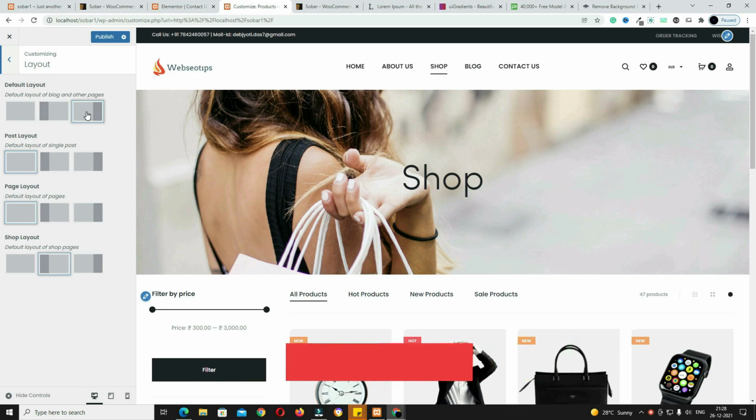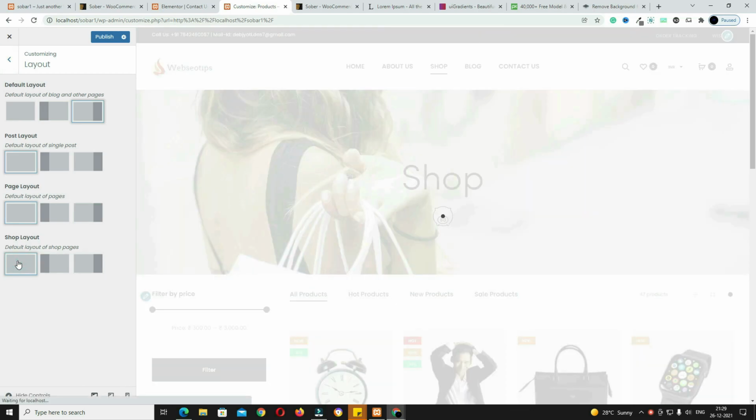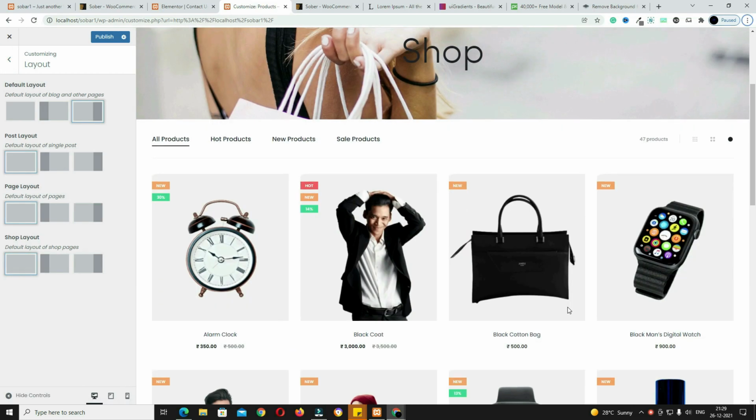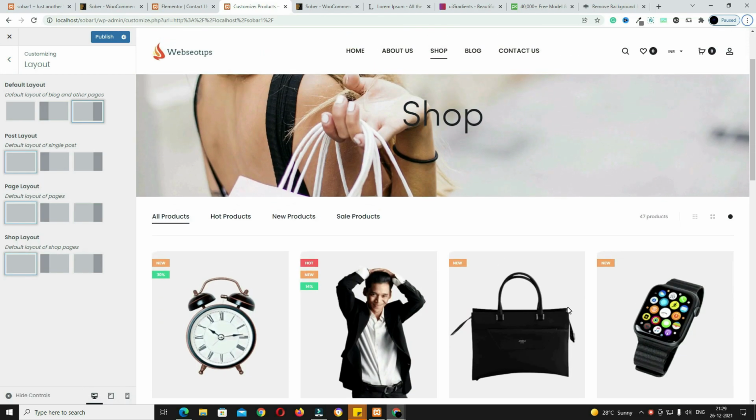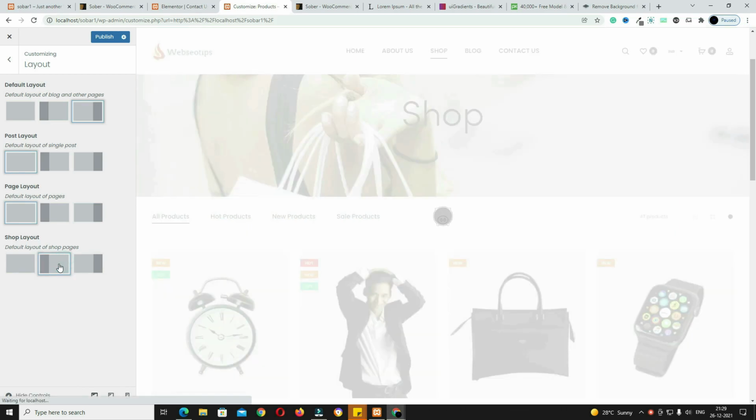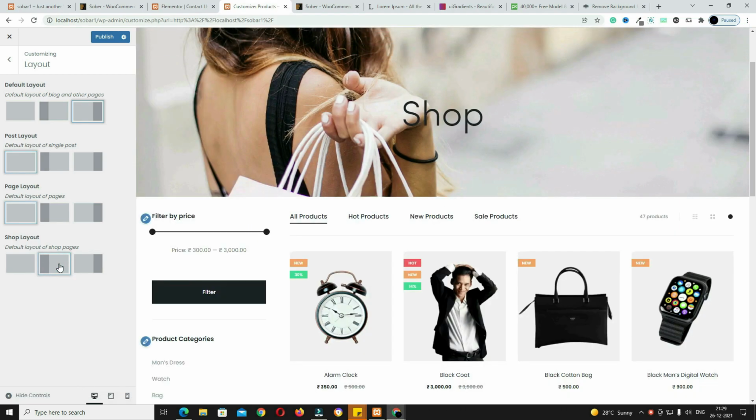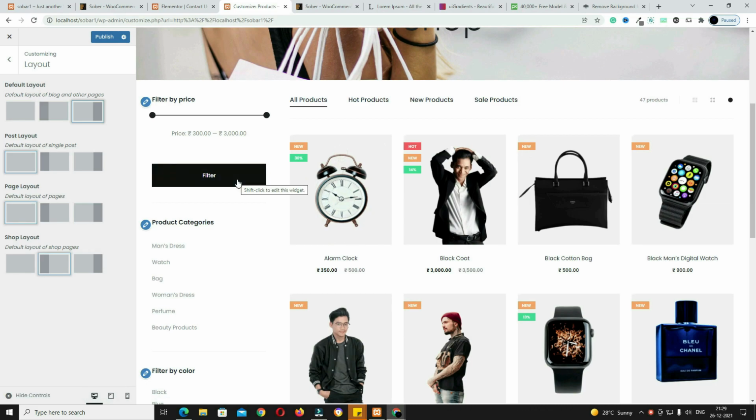This theme also contains various kinds of page layout options. This theme contains 3 types of default page layout. After that the post page layout, you can change the post page layout also. After that the normal page layout, after that the sub page layout. Suppose in place of that I am choosing this full width sub page layout. Now here you can see in my sub page there is no sidebar available. If I click on this one, meaning left sidebar, then here you can see the sidebar is appearing on the left hand side of the page.